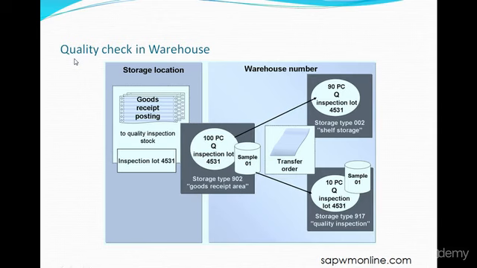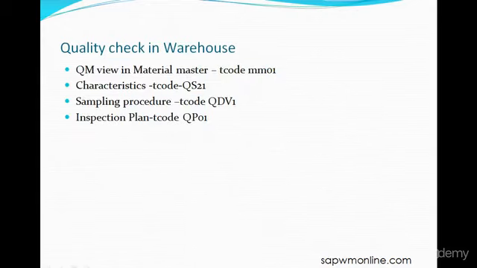But today we'll just demonstrate a basic QM cycle and a QM interface, how to set up a QM interface such that you can see this particular cycle that you see on the screen in the system. So before we start checking the cycle in the system, a few important T codes and a few important master data that we would need to check the cycle are